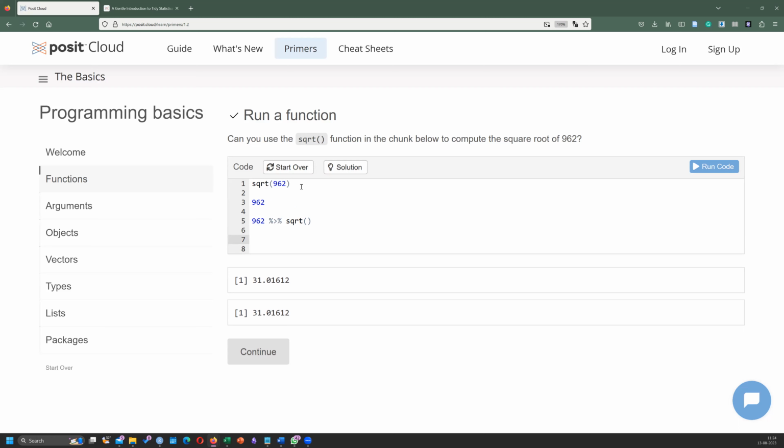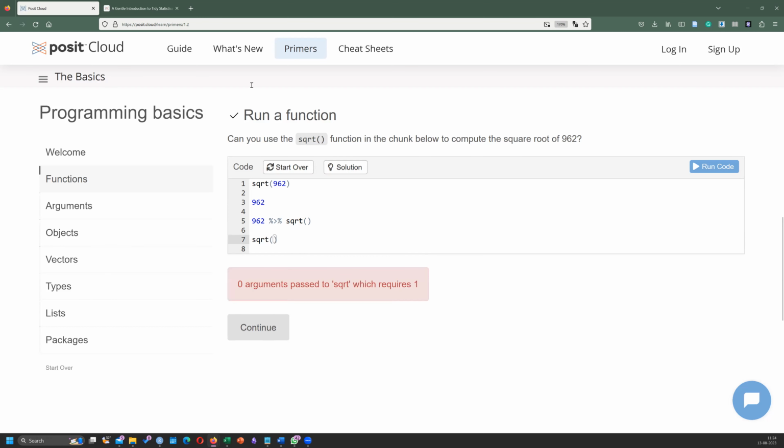But one thing you also need to understand is there is something called an optional argument and a mandatory argument. If I just say square root and I try to run, it will say there is no argument passed within square root. That means square root needs to take a mandatory argument. You can look at the help menu.